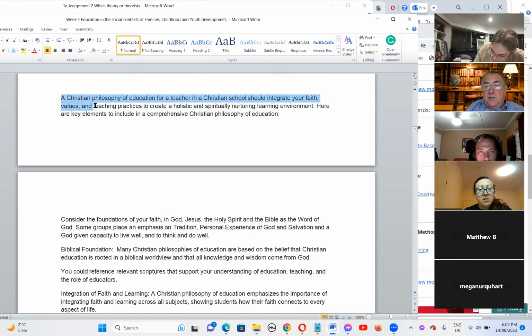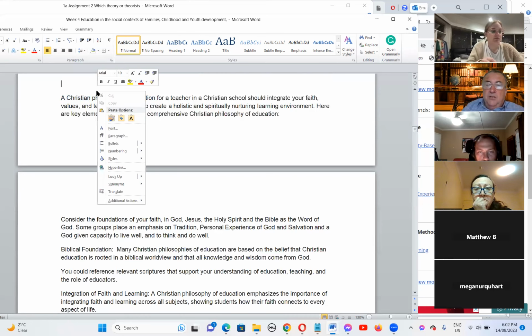Now, in a Christian philosophy of education, for a teacher in a Christian school, you could talk about your faith and the foundations of your faith. David and then Gip, what are your thoughts on a Christian philosophy of education? What sort of things would you talk about there if you're wanting to include that?